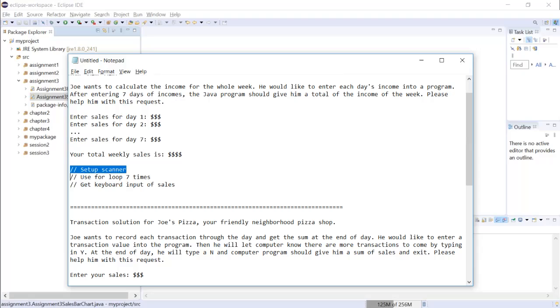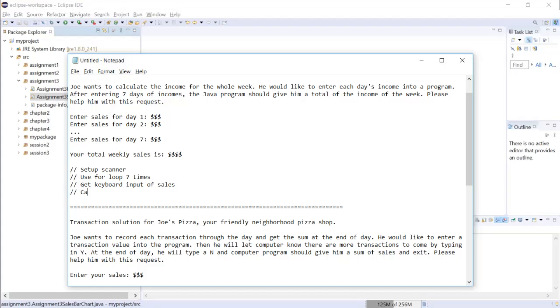This should be the thing that you start thinking about when you start to write your own program. At the very beginning, it will take you some time to struggle a little bit. You start writing keyboard input, then you realize, oh, I haven't got a scanner set up. As you go deeper into this course, you should develop the instinct. Once you start writing keyboard pseudocode, you will have the idea that you should set up a scanner before. And also,